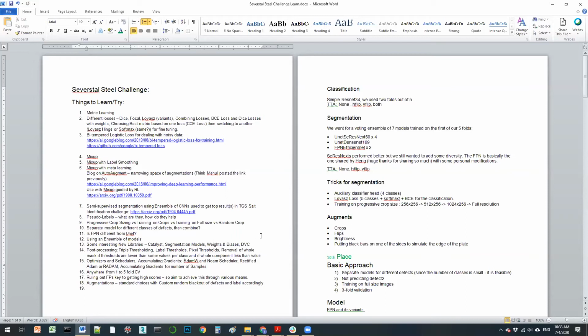So that's another thing to look at. Apparently the number one result, guys, in the salt identification, which is another, I believe, segmentation challenge, had a posting about how they used a semi-supervised ensemble of CNNs to win that competition, which is kind of a transitionary point almost to the next thing,